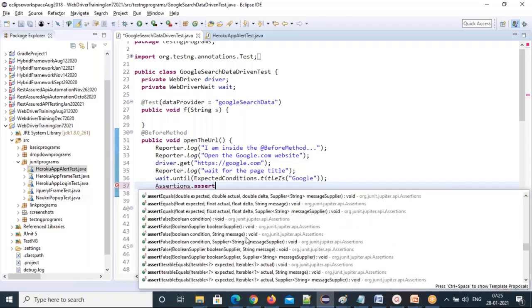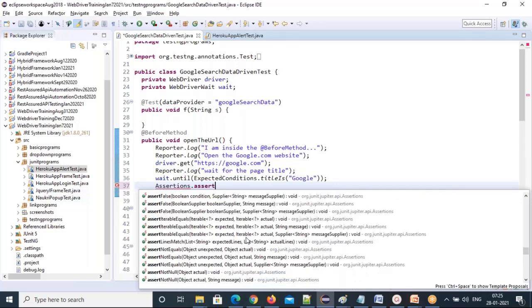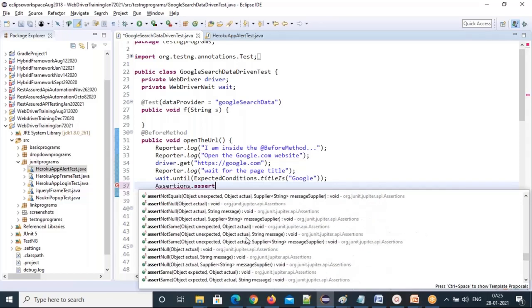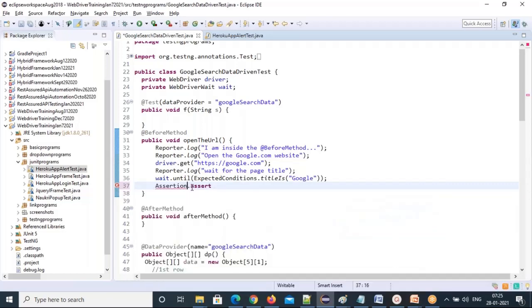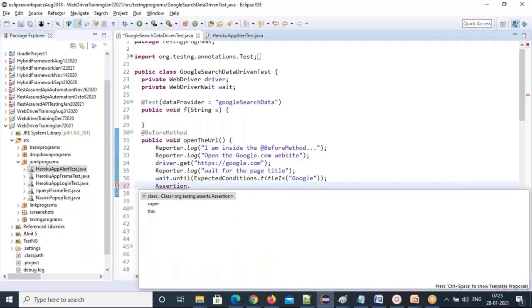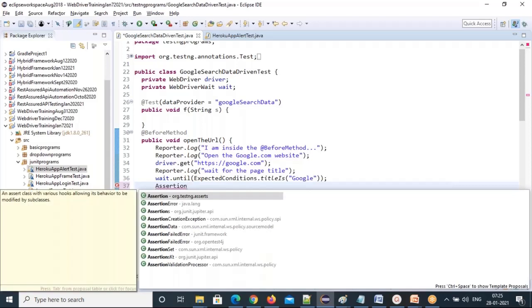The class we need to change. I think Assertion, the class, not assertions. Then when you put a dot, you can get it automatically. Yeah, Assertion. You can see here org.testng.Assert. So these are the methods.